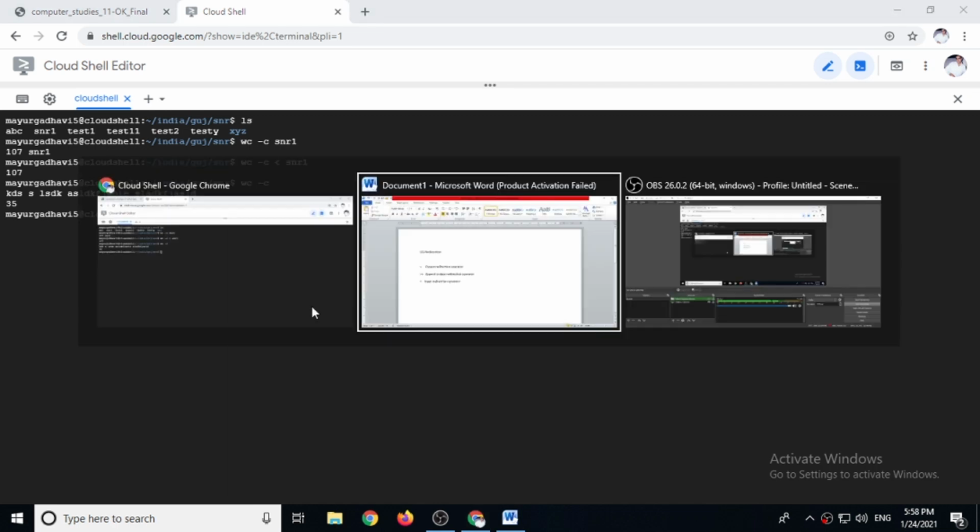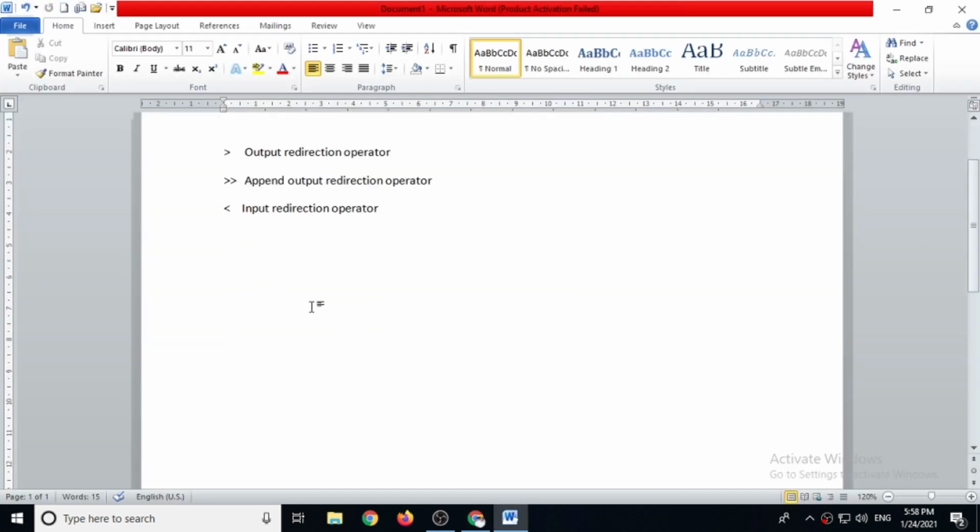Why is it so? It is because normally in any operating system there are two things very important, which is the standard input device and which is the standard output device. Remember, for most of the operating systems, I think all the operating systems, keyboard is standard input.